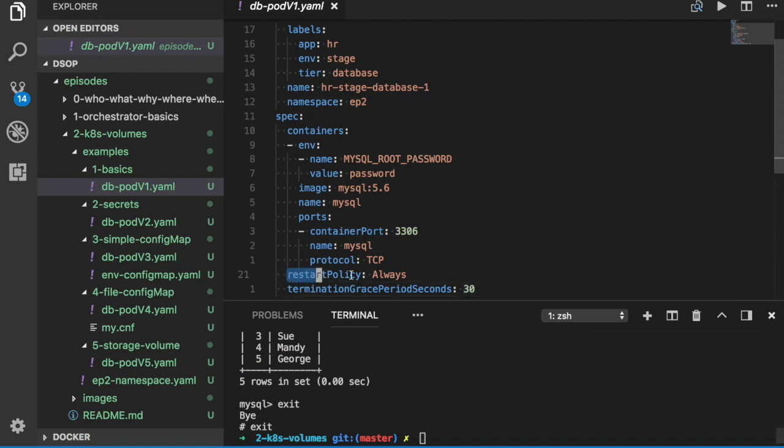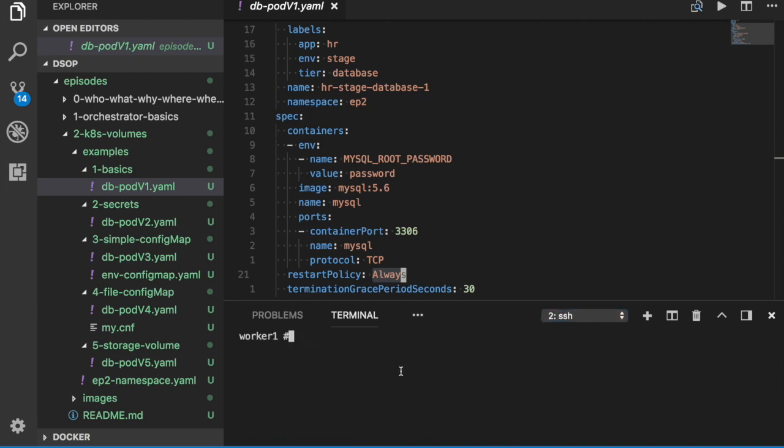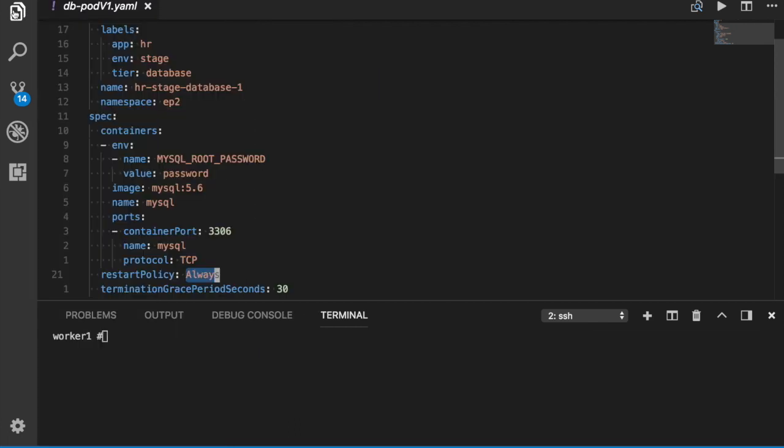So I mentioned this restart policy always. What I wanted to demonstrate was a crash of MySQL. Obviously MySQL is very solid, so it's difficult to get it to crash on its own. So what we're going to do is sneak behind the scenes here. What I've done is SSH'd to one of the worker nodes, the worker node that happens to be running this particular pod. So we're going to kill the container kind of behind Kubernetes' back and make sure Kubernetes restarts it for us. So what we can do is a docker ps